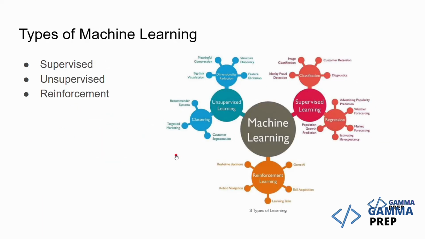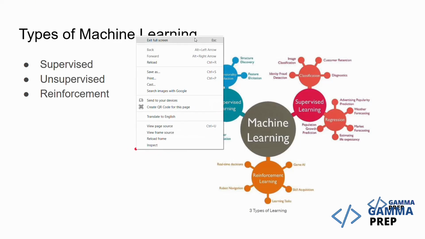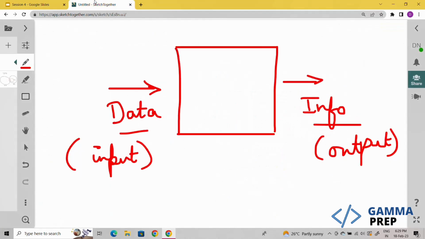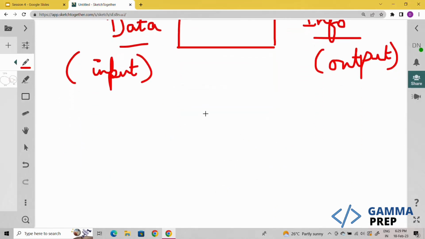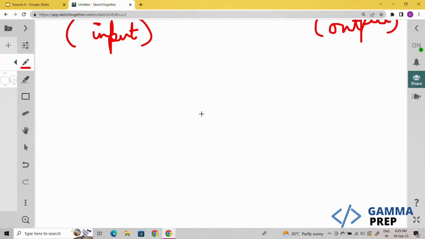That was pretty much the overview of machine learning, and also we understood where machine learning is used, and the answer is pretty much everywhere. But now let's go a bit technical and try to understand the different types of machine learning. So today we are going to discuss the words that we are going to use throughout the course.